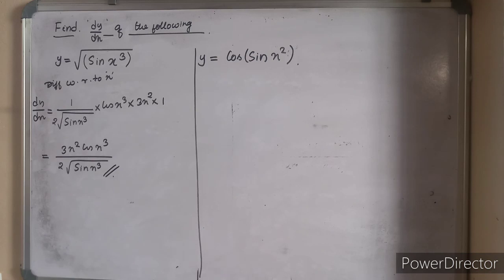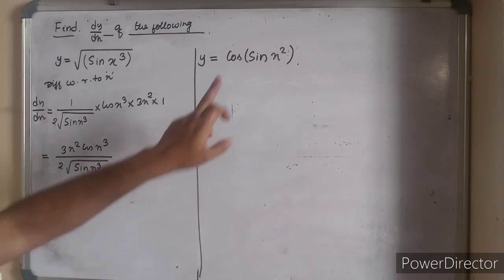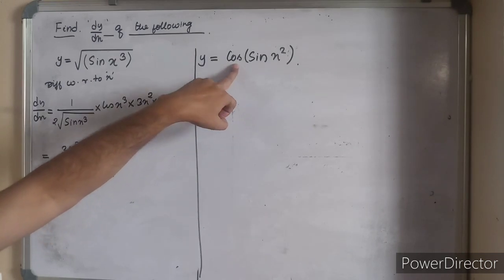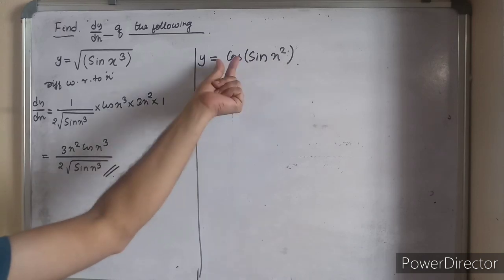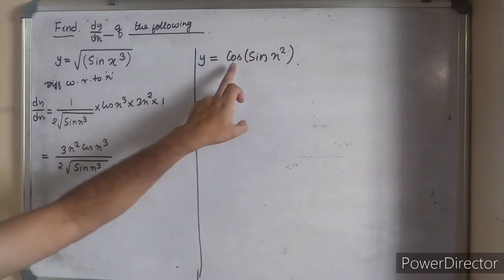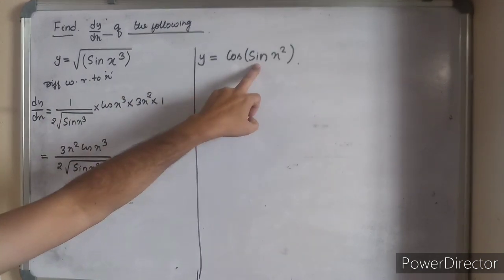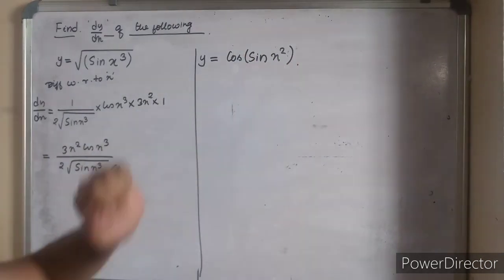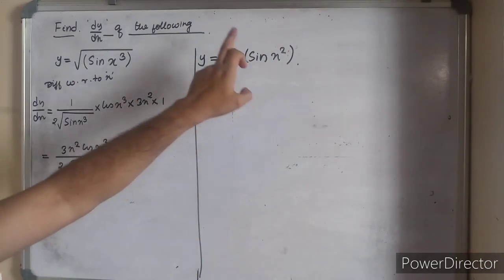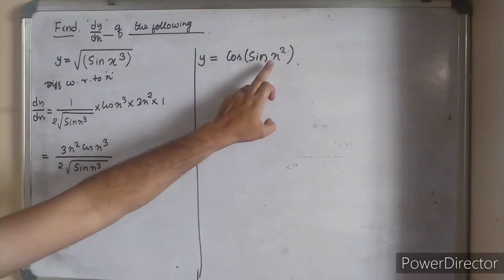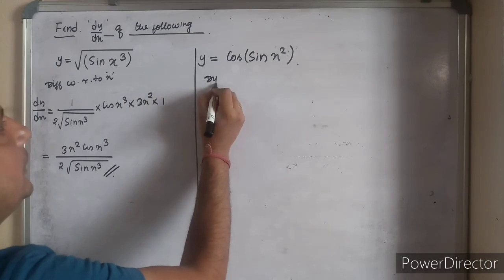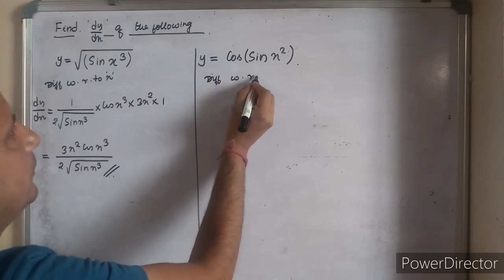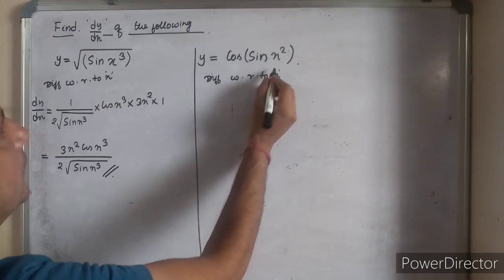Now in the second question, how many functions do you have to count? First you have to differentiate cos. When you differentiate the cos function, this angle sin x square is considered as x. Cos, let us suppose this one is x. After the derivative of cos, then move on to sin, then x square, then x. There are four functions. First is cos, second is sin x square, third is x square, and the fourth is x. Now differentiating with respect to x,